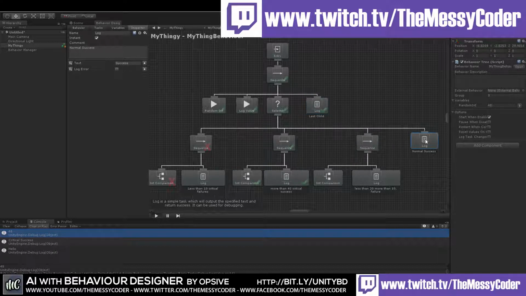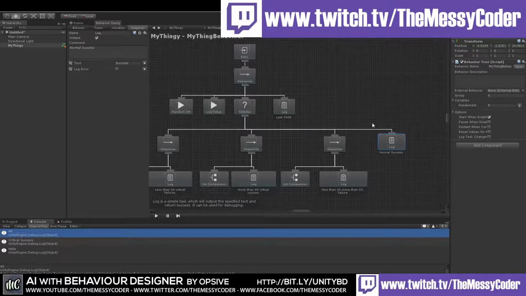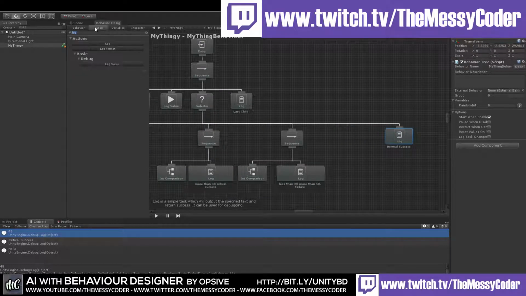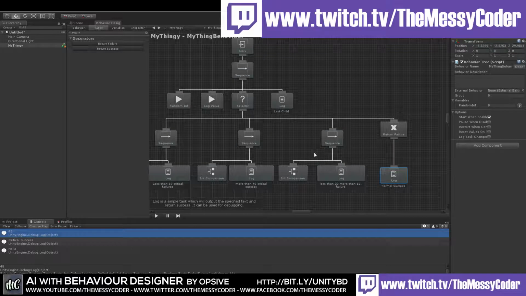Isn't this wonderful? Now, there is a weird thing that we could do. These tasks, we say return. These are decorators. So this decorator is going to change this. No matter what I've got here, it's going to change it. So it's changing this debug log from being a success to being a failure. That's sad. So if I click play,